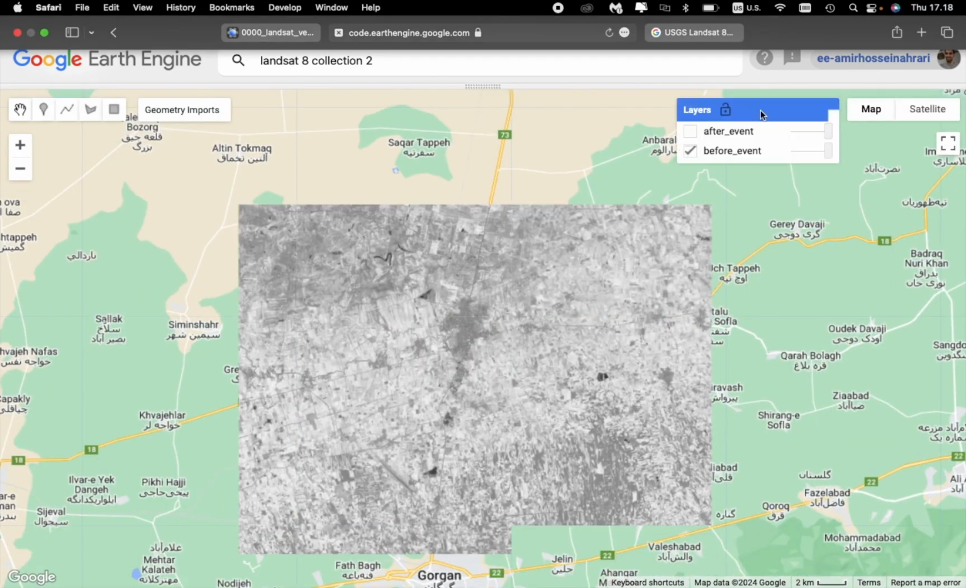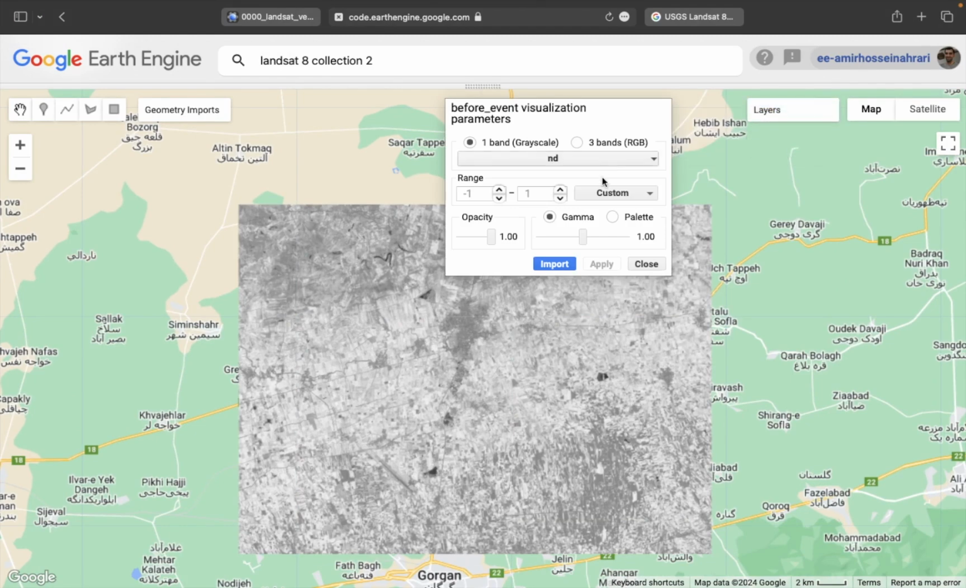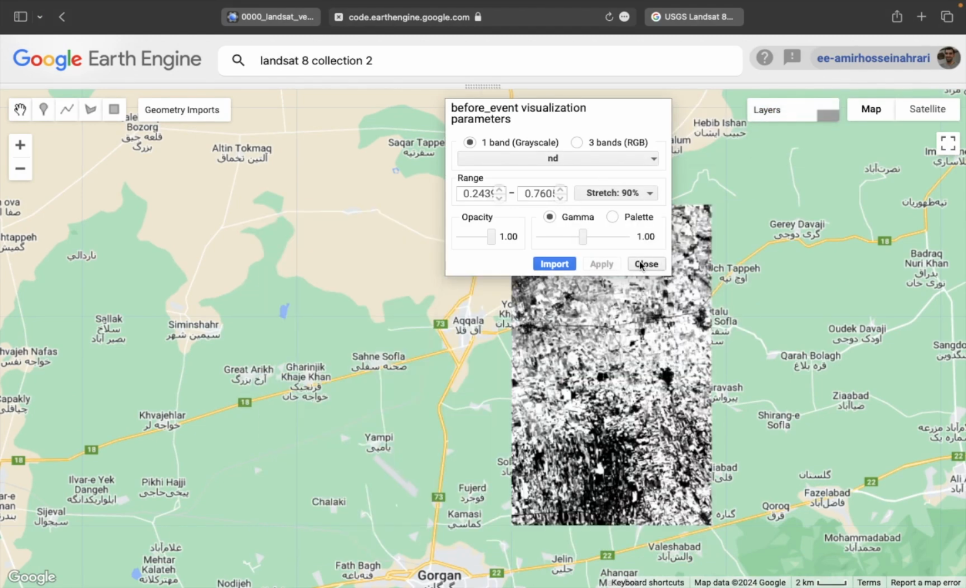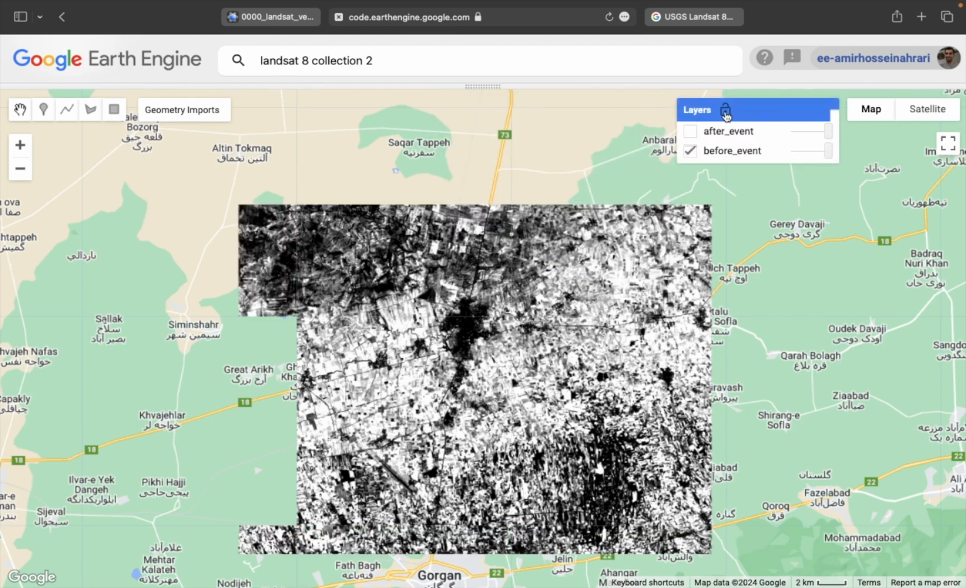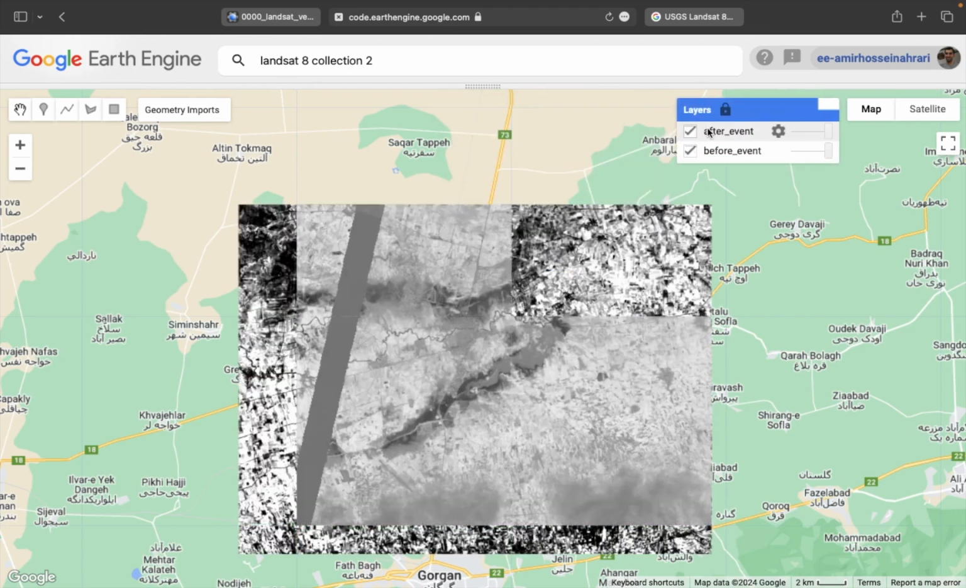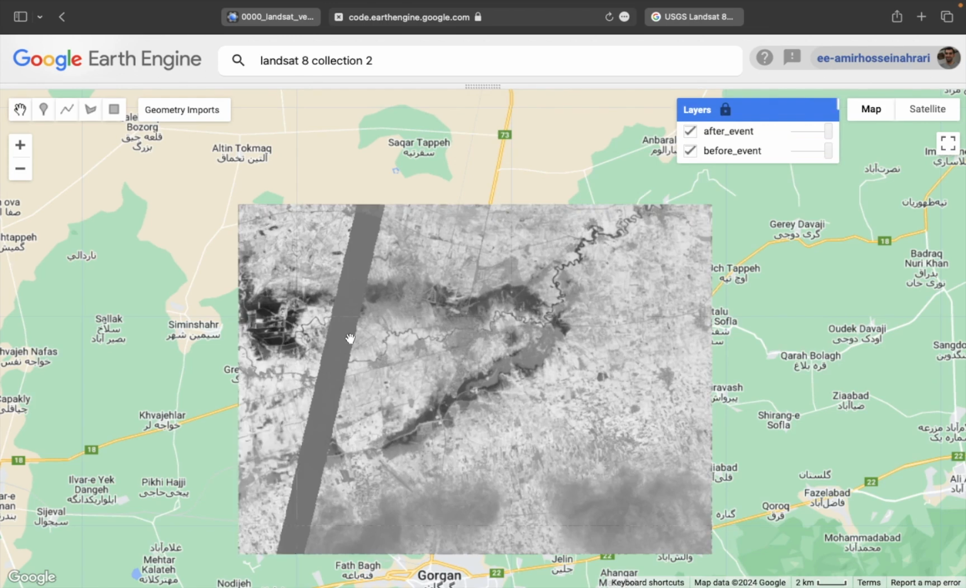I want to visualize them at the same time. So with a kind of stretch, you will have a better visualization. And then the after event, the area changed like this. But unfortunately, we have a gap in our study area. No images were available for this part, and also we face a kind of error in this part